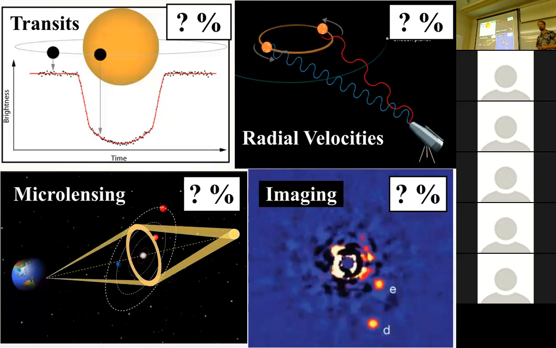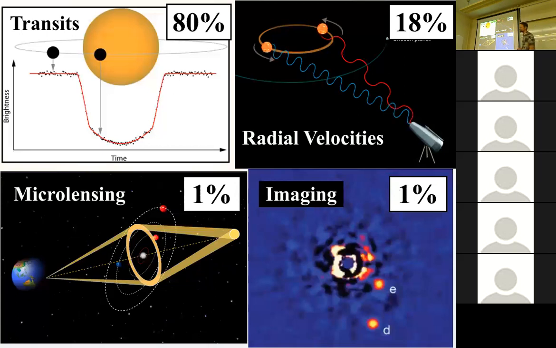Anyone? What's the most successful method? Well, I feel like the transit method is going to be the most successful because that's what Kepler primarily did. Kepler's kind of correct. Amazing. Correct. Do you want to put a number on it, an estimate of what percentage of exoplanets get detected? Maybe like 80%. 80%. Clearly, I'm a winner. 80%. Get a free cookie. Should have some prizes to give out.